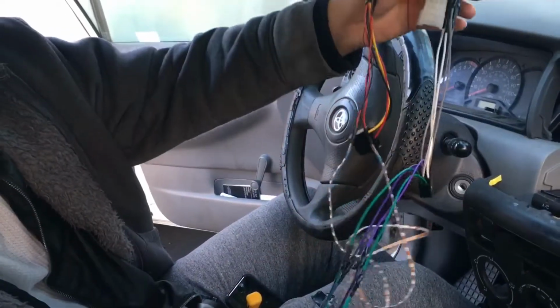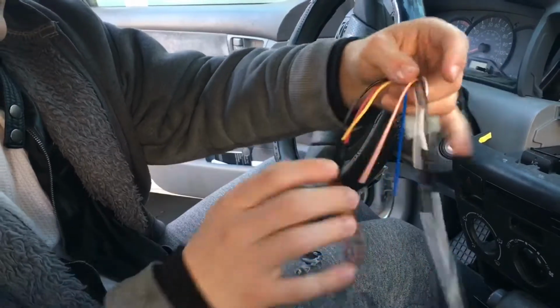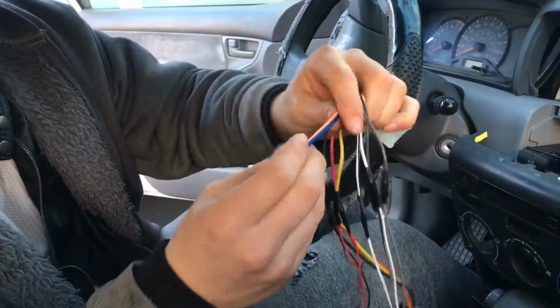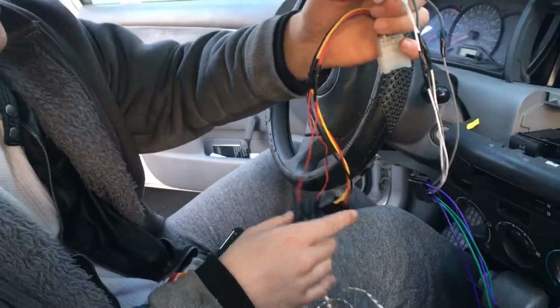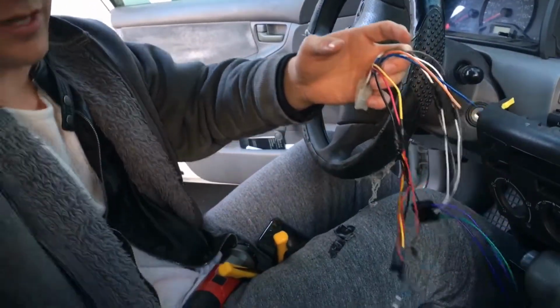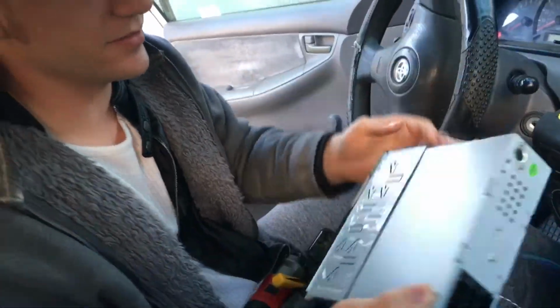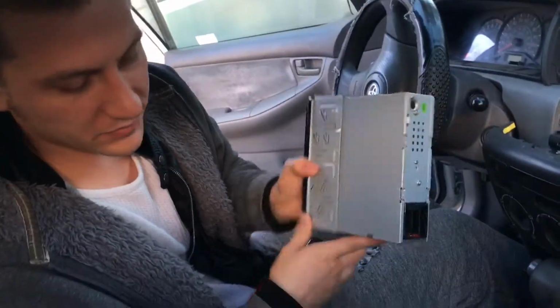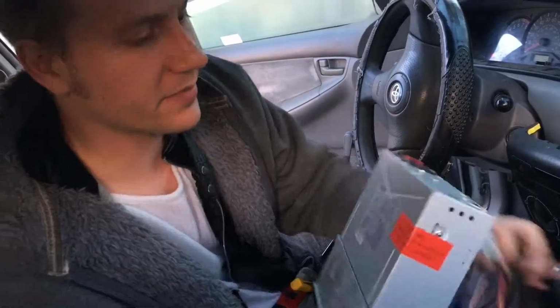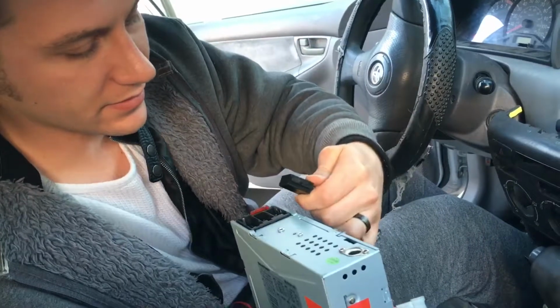Alright, so we got the harnesses all wired up. I alignment spliced every single one of these. Got them all wired up. Any extra wires that don't match up, it just doesn't work with your system. I also added LED strip here because we have a single DIN radio. So we're going to have a little gap. I'm going to fill it with a little bit of LEDs. Alright, so to get this all squared away, first going to plug these into the back